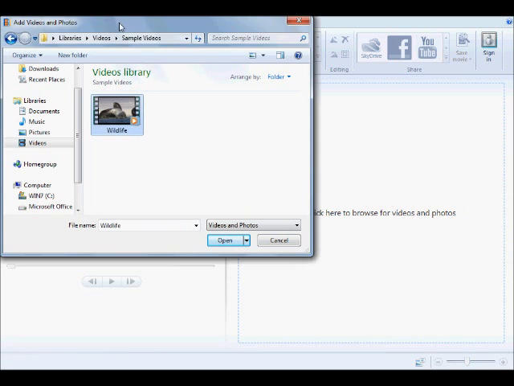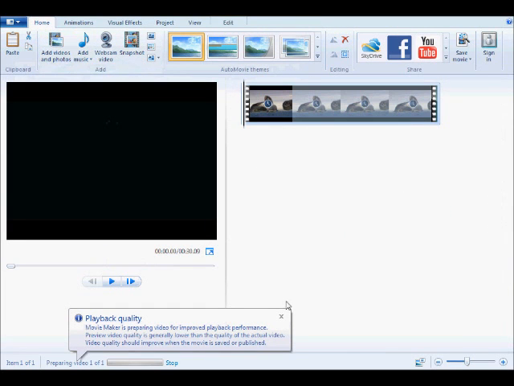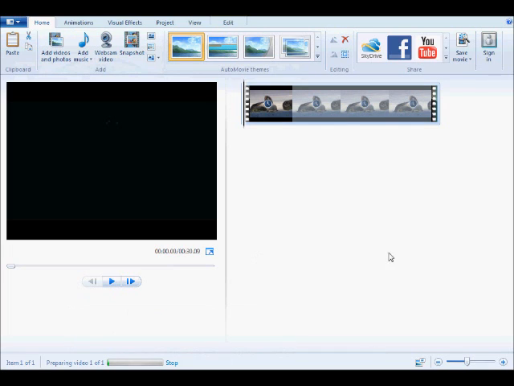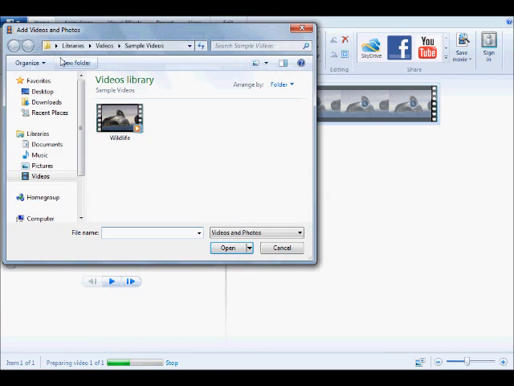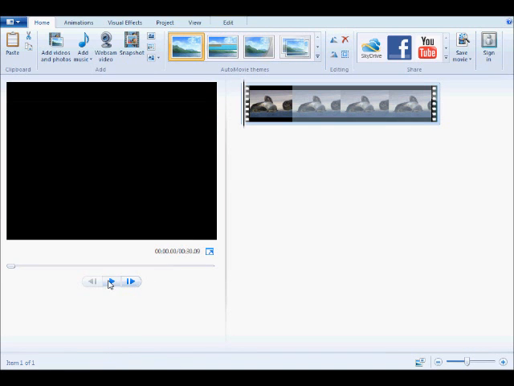So basically what you want to do is open that. To import a clip, you simply go to add videos and or photos, navigate to where you want to go, then choose your file and hit open. As you can see, I already have, and what it's doing now down here, which is why that little pop-up happened, is preparing the videos for playback. So when you hit the play button here,